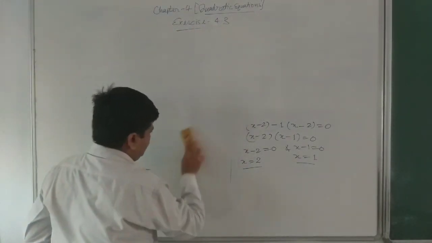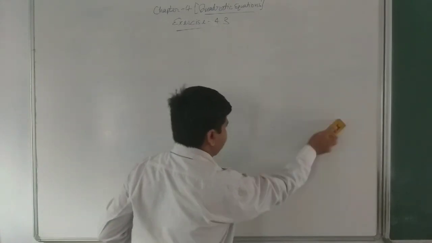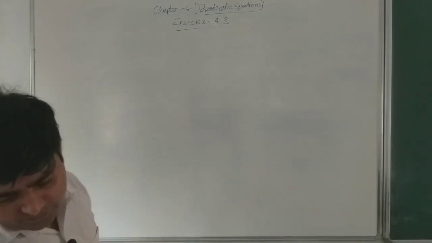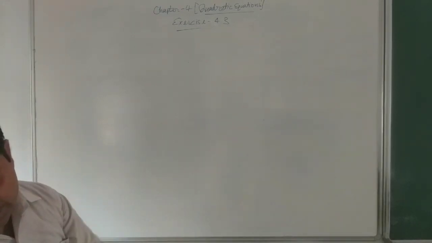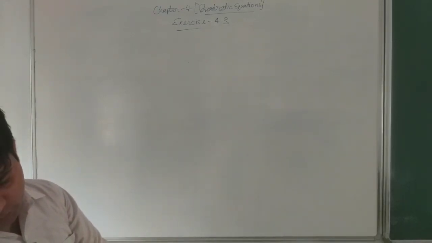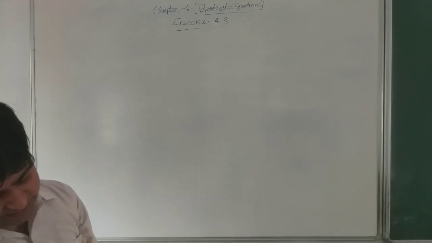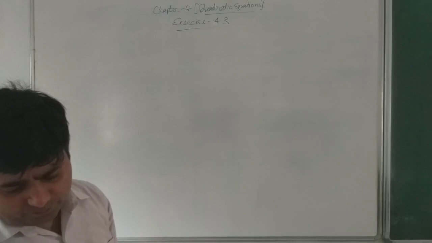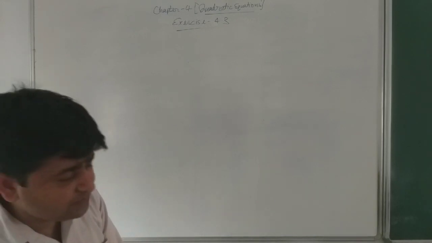Now the next question is the fourth. So the fourth question is: the sum of the reciprocals of Rahman's age 3 years ago and 5 years from now is 1/3, find his present age. You can solve it yourself, because if we assume that Rahman's present age is x,